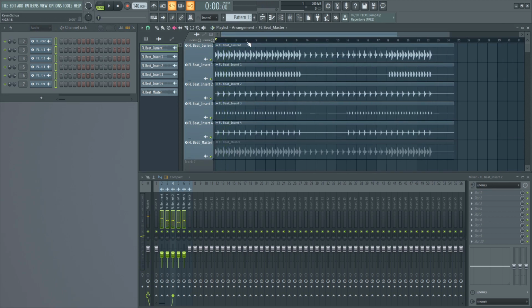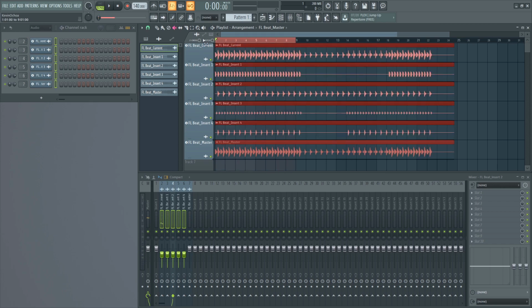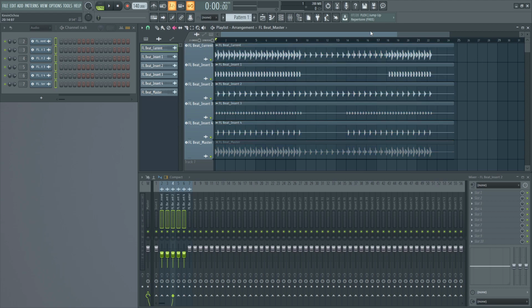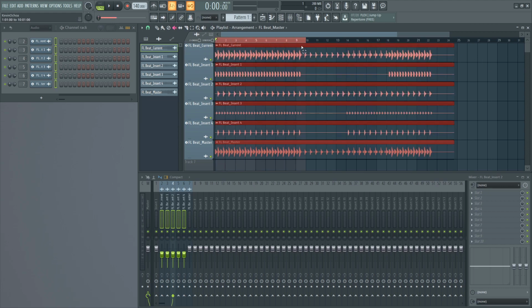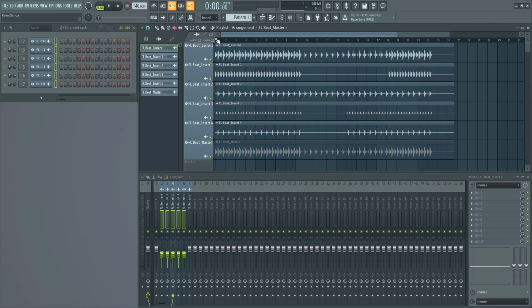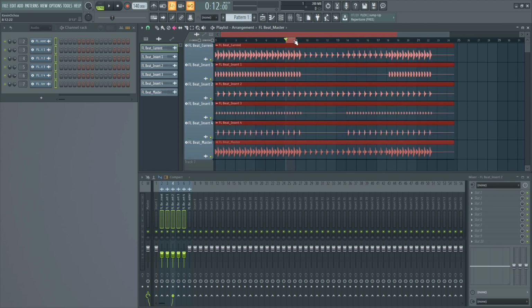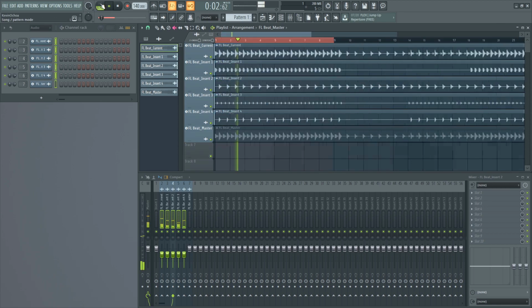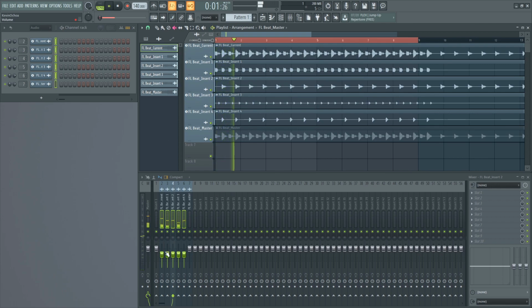I'm going to select a loop point from bar number 1 to bar number 9. And FL is a little bit different than most other programs. Most other programs you have to right click and drag to create a loop point. With FL you can do pretty much either way. I'm more used to dragging from the right to the left. I know most people are completely opposite. They drag from left to the right. But there you go. So now that we have the tracks here, what I'll do is just start adding effects